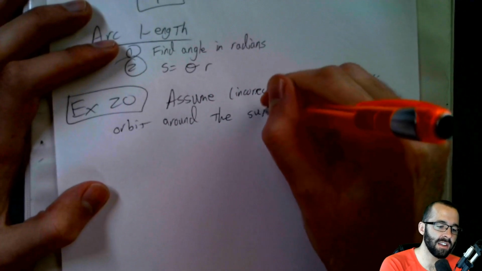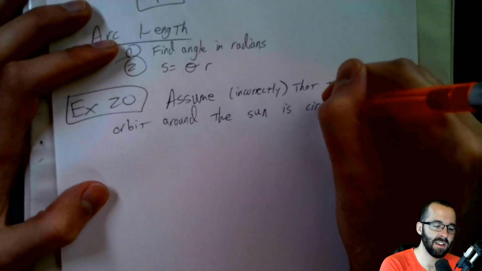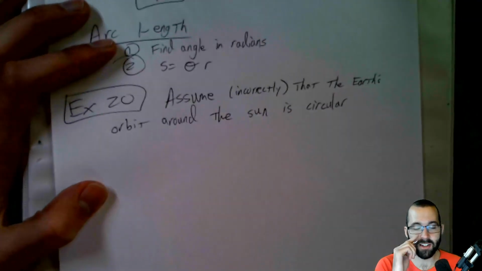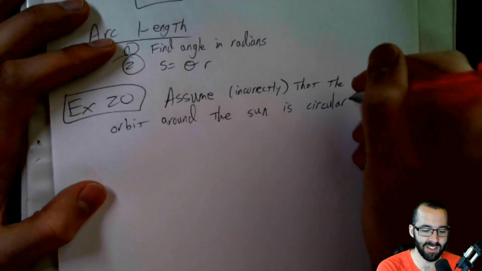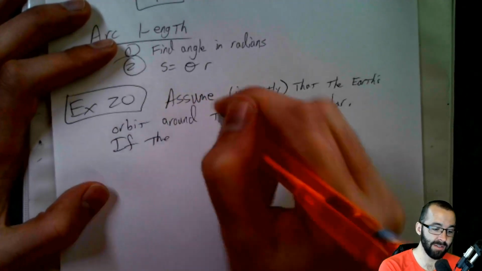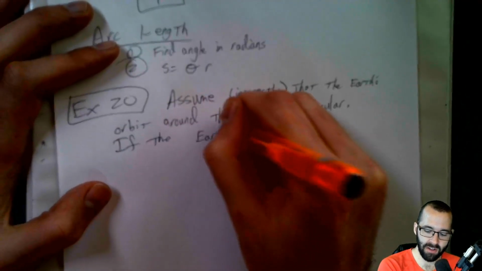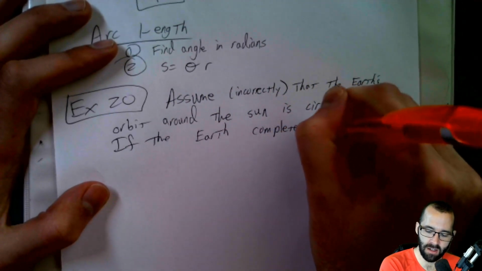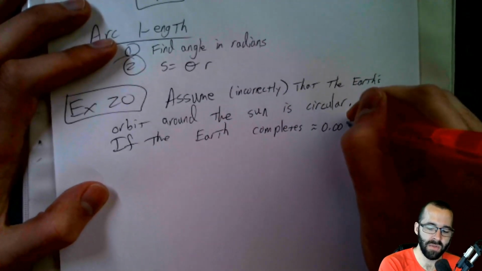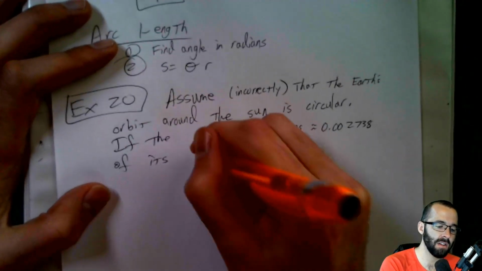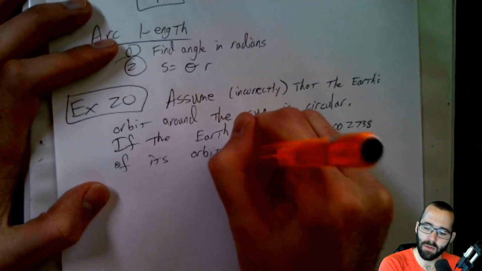And this is an incorrect assumption because it's elliptical, but we're not dealing with ellipses right now, so we're just going to assume circular. And so if the Earth completes approximately 0.002738 of its orbit per day,